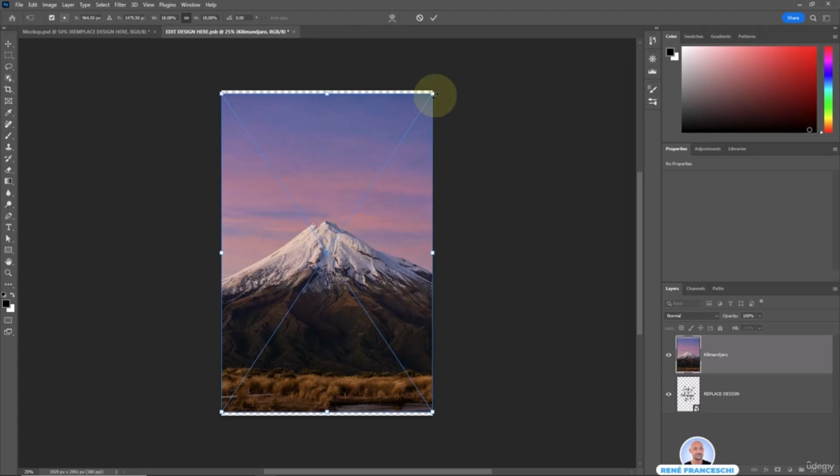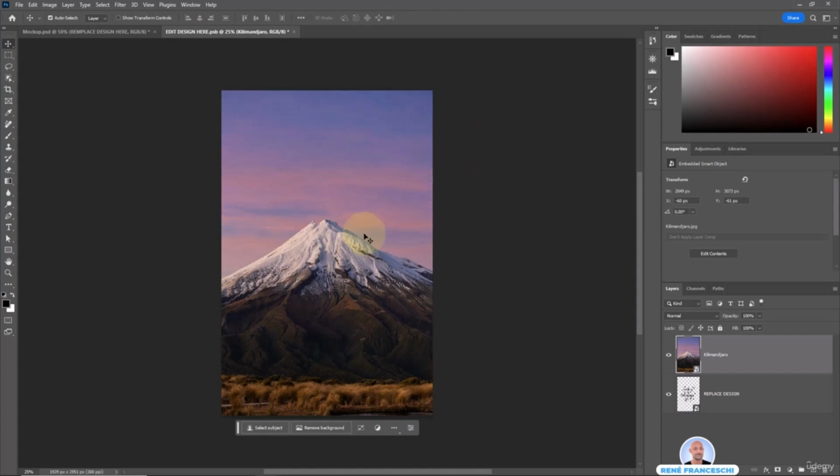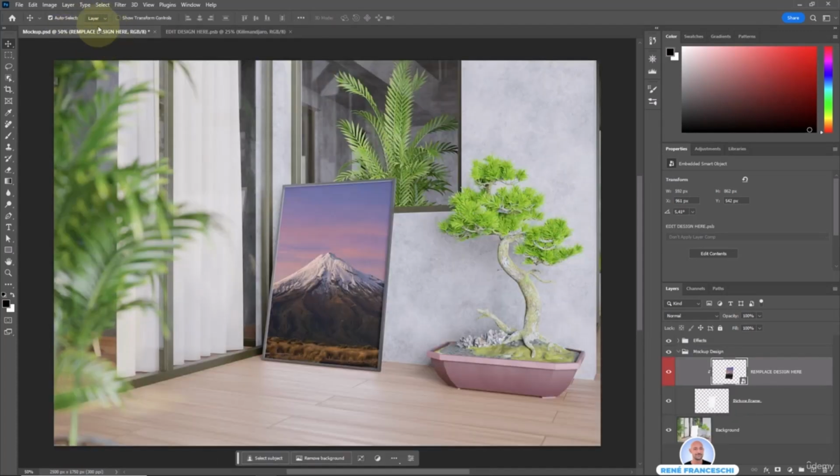I'm going to increase a little bit the size of the image from its center. I press down the Alt key, then click on the corner. As you can see, there is a new layer of the imported image. Now, don't forget to save the PSB file. Hit Ctrl S or Command S on Mac, and if I go back to the original file, the PSD file,